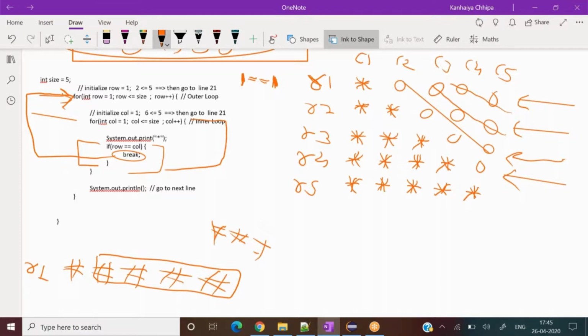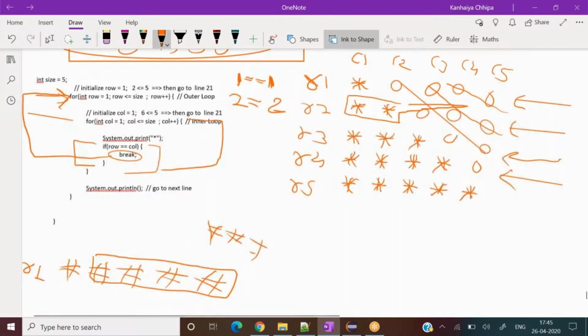Then the outer loop row will become 2. If 2 equals 2 becomes true, then terminate, so break happens over here.